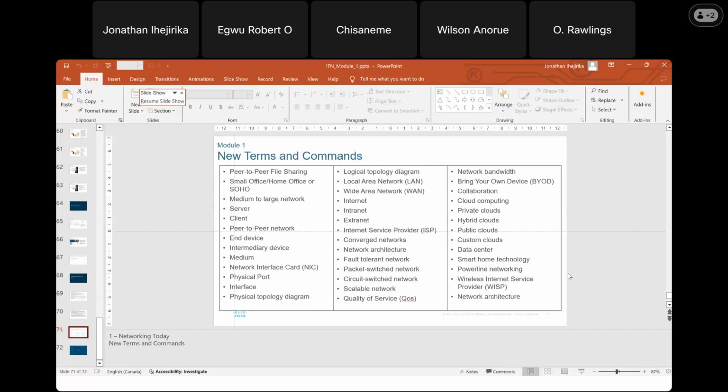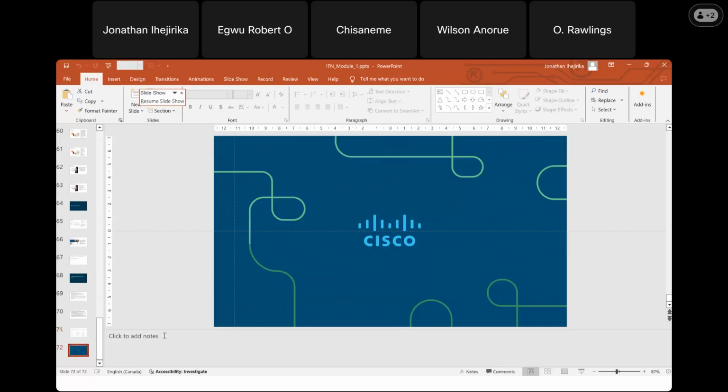Data centers, for which I said that without data centers, cloud computing would not be in existence. We have the smart home technology, the power line networking, the WISP, which is the wireless internet service provider, and we have architecture. Yes, and of course, that brings us to the end of